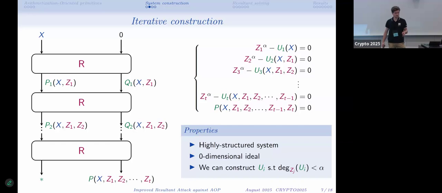This system is highly structured. So first of all, it's well defined, as we have as many unknowns as we have equations, but it has this very nice property, which is that it's quasi-triangular, meaning that the ith equation only depends on x and z1 up to zi, and that the zi term is only this monomial zi to the alpha. So these are very important properties that were already used in previous attacks, but we will try to use them even further. In particular, we can construct these polynomials such that the degree in z of the last variable that we added, and all of the degrees of the variables, are less than alpha. And I will explain this in a short moment and why we have to do this,